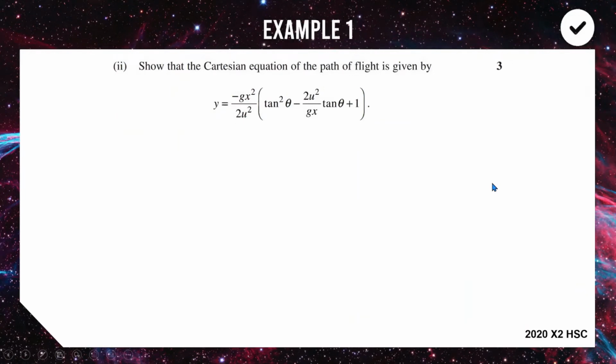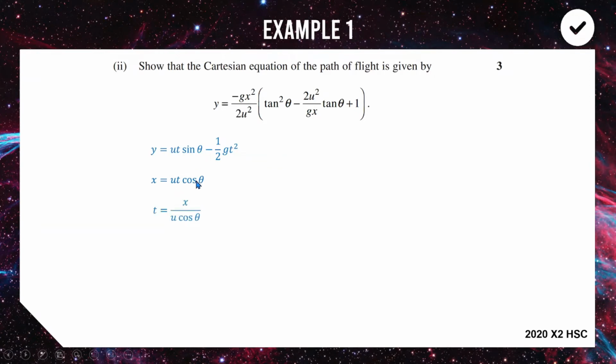Part 2, a pretty common question in HSC exams, is show the Cartesian equation is given by this. So a Cartesian equation involves no t's, it's all x's and y's. So what we're going to do is take our y and our x, which we derived in the first part of the question, and combine these together. Usually the easiest way to do that is to take your x equation, which is more simple. We are going to rearrange this to make t the subject,